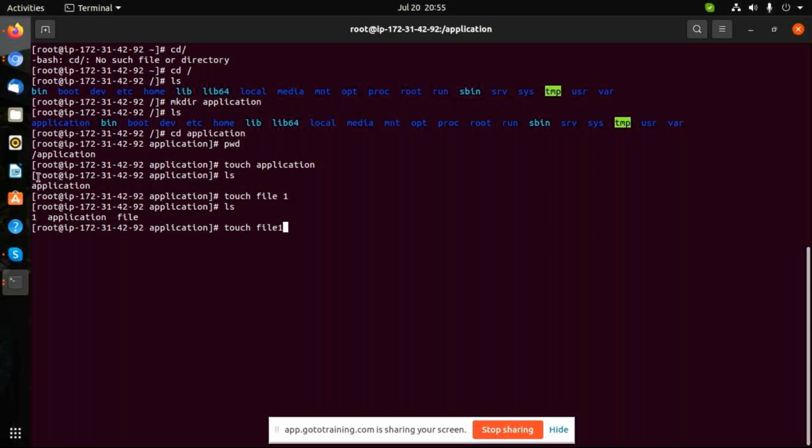So in names, you should not have spaces. With the touch command, apart from the creation, you can't do anything else. You can create files, that's it.